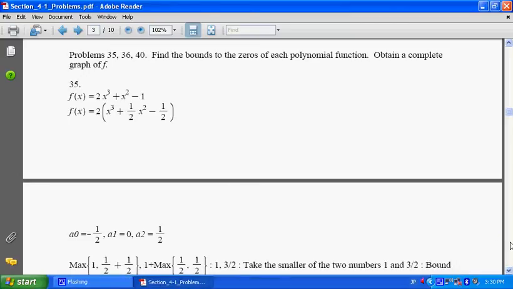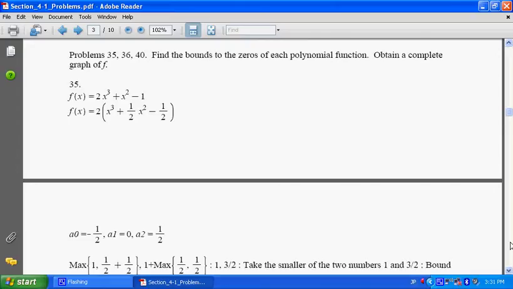Okay, so now we'll move on to the next few problems, which is 35, 36, and 40. And the instructions for that are find the bounds to the zeros of each polynomial function. Obtain a complete graph of f. And to do this, you have to use the bounds on zeros theorem, which appears on page 246 in your